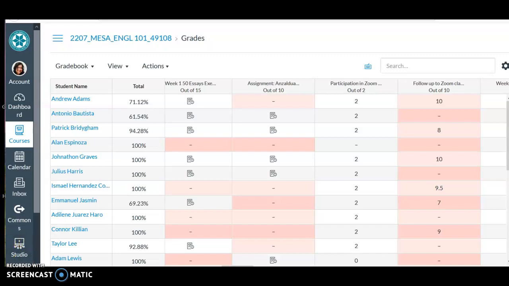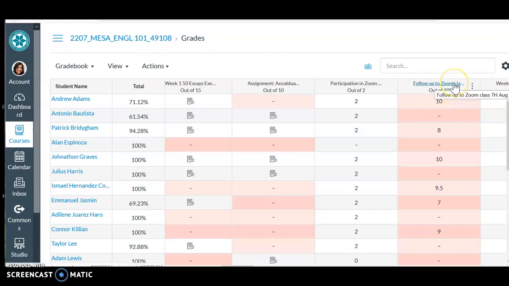So we're in my grade center, and these two columns were tracking the Zoom participation. This is just simply participation in Zoom on a certain date, 2 points. And the column was pink, and I decided to edit and make it no submission as the type of assignment. So let me show you here. Here it's pink. This was a few more points because I made it worth 10 because there was actually some